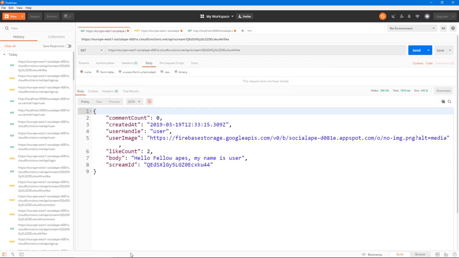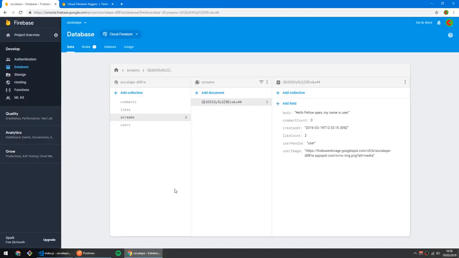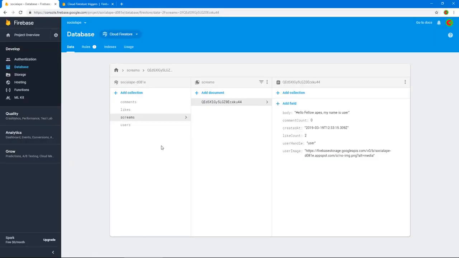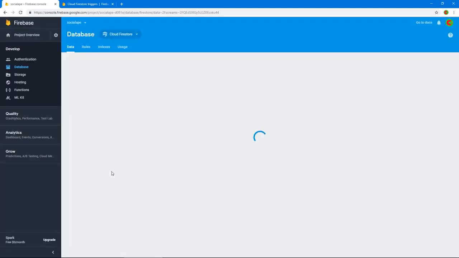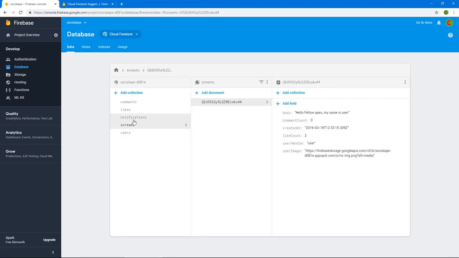All right, so like count incremented to 2. We should see a notification collection created and a notification created in a second. All right, so the notification has been created.